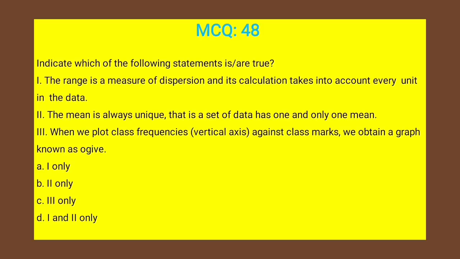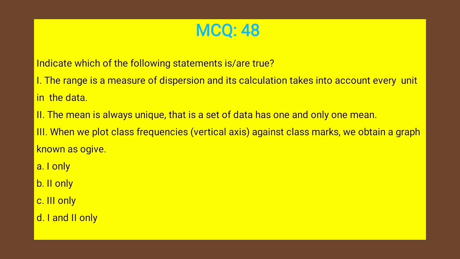Then question 48. Indicate which of the following statements is or are true. I. The range is a measure of dispersion, and its calculation takes into account every unit in a data set. So we said a range just takes what? Two points, the highest and the lowest value, and takes the difference, and that gives the range. It doesn't take into account